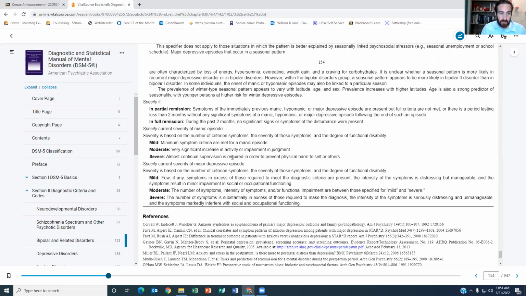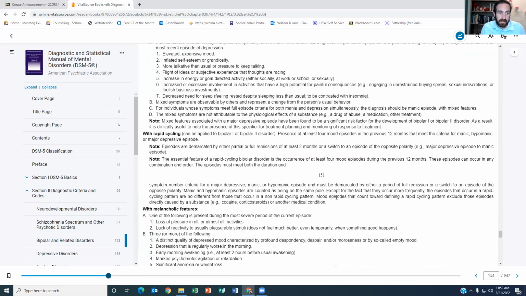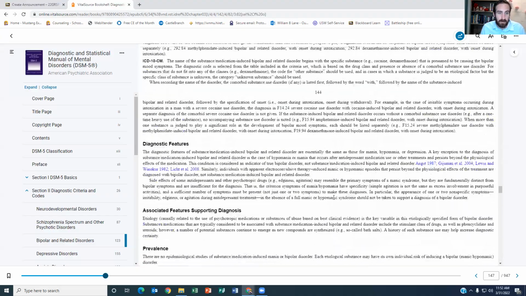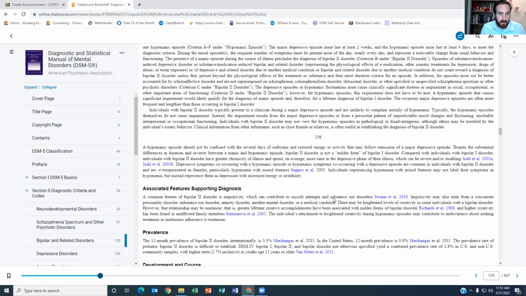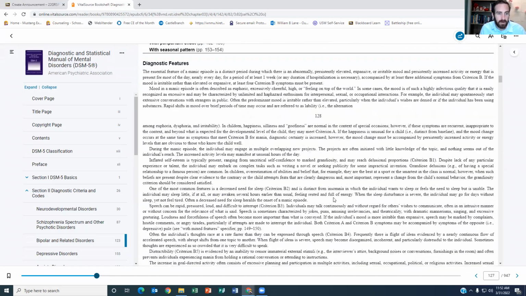Almost continual supervision is required in order to prevent physical harm, or the number of symptoms is substantial in excess of those required to make the diagnosis. So there's more criteria or symptoms that the person's experiencing than what is required to diagnose. So that means if we go back up to bipolar 1 disorder,